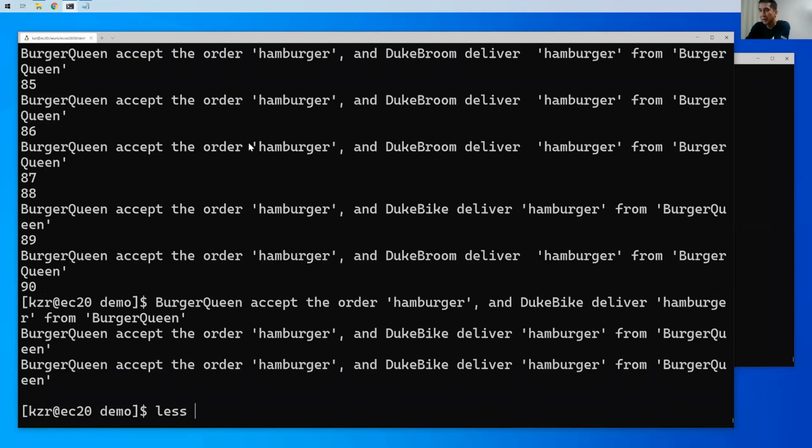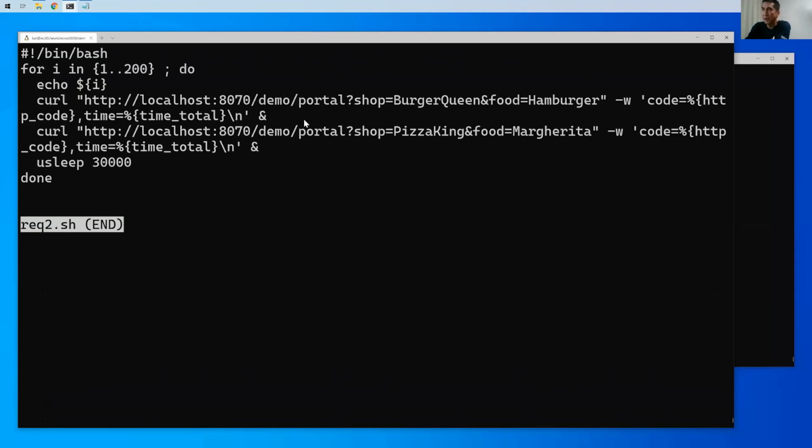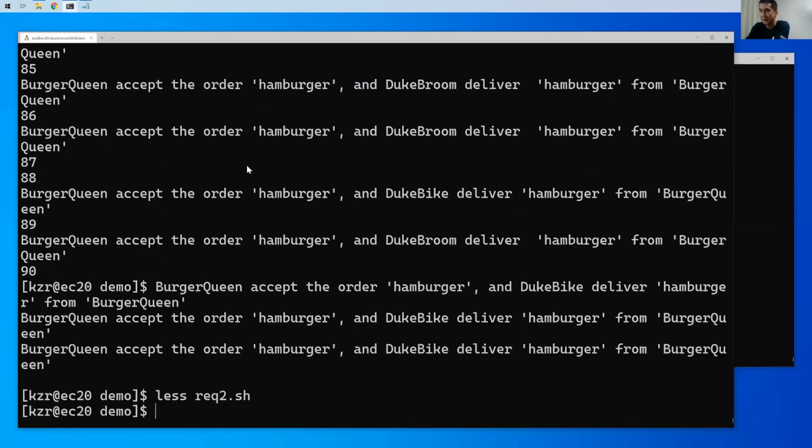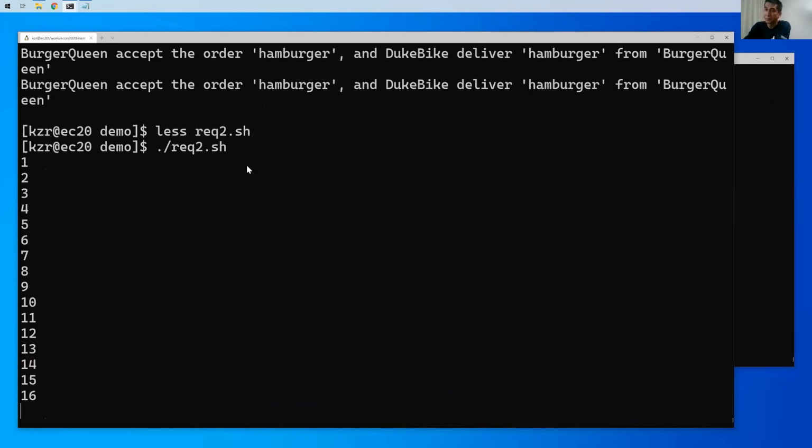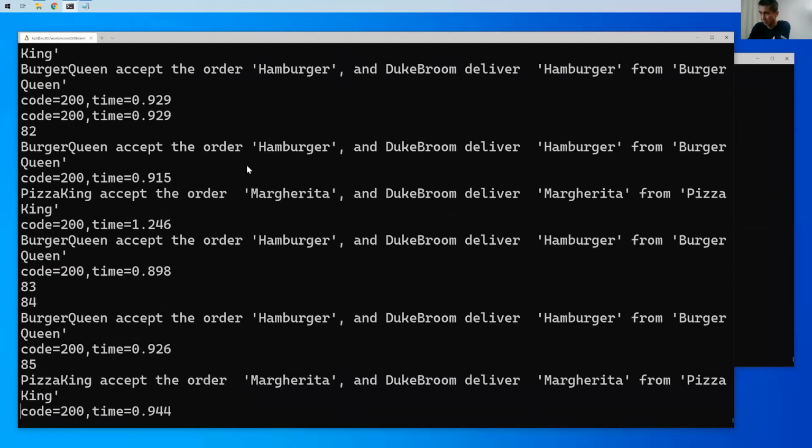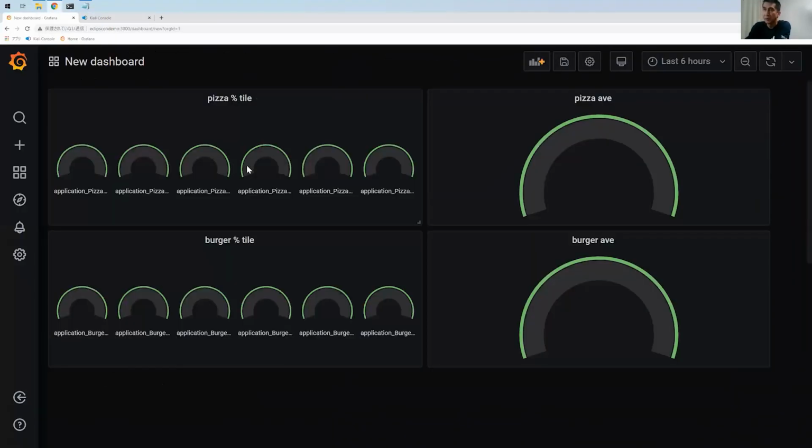Okay, this time I use another script like this. We call two types of HTTP request, one for the burger and one for the pizza, and call them repeatedly. Let's see what will happen. So let's see the metrics.